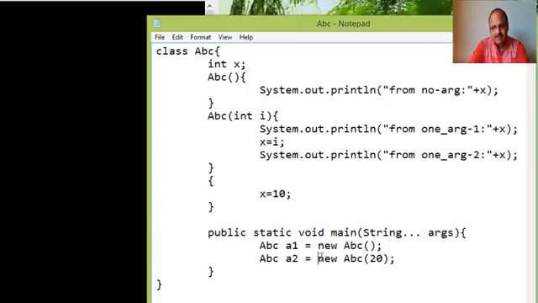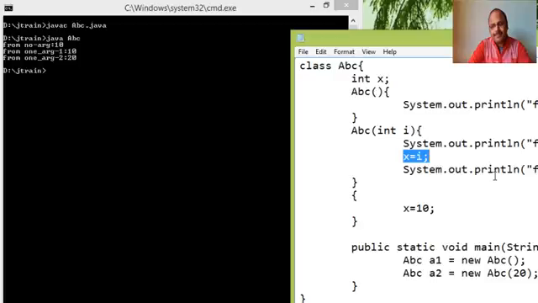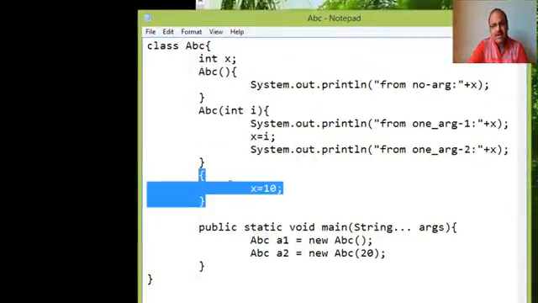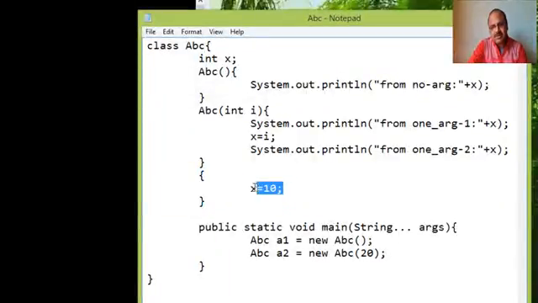And when we pass 20, this constructor is called, but before invocation of this constructor, once again the anonymous block is called and x becomes 10 at the beginning. So before assignment the value shows 10, and after x is equal to i the value shows 20, isn't it? So we can now summarize that the statement of the anonymous block is prepended in each constructor. That means this x is equal to 10 is added here,